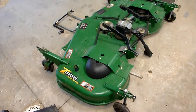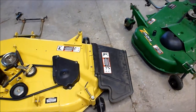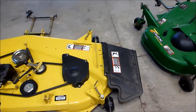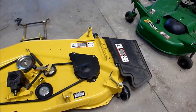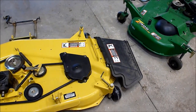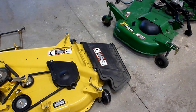Obviously you have the drive-over ramps. You do not have the drive-over ramps on the 62C. I have been asked numerous times, well, can you just drill the drive-over ramps on a 62C? You can certainly try, but I don't know if I would put that much weight on top of these decks without enough reinforcing that you see on the 7-iron,